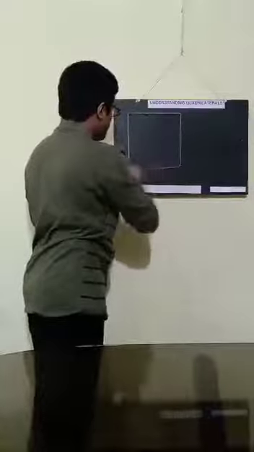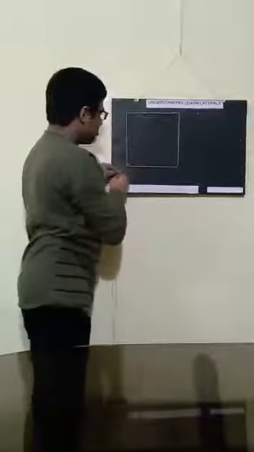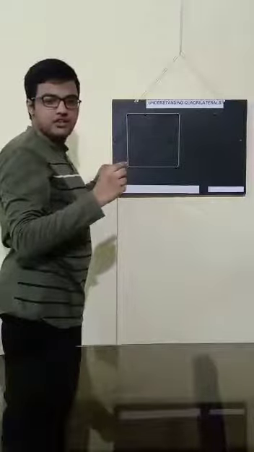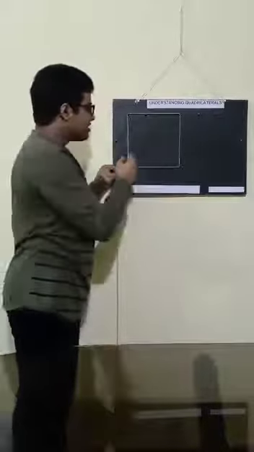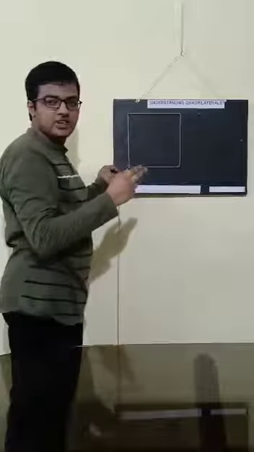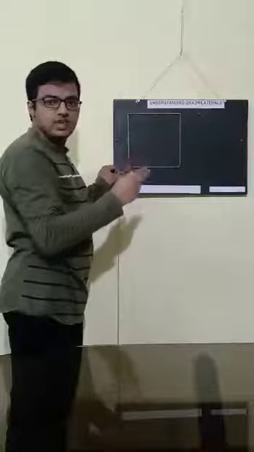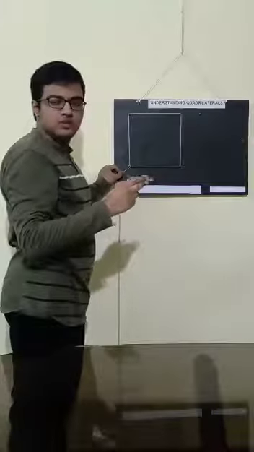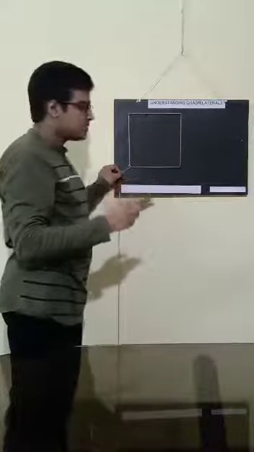Now let us move on to the next quadrilateral, and it is a square. A square is a regular polygon, a regular quadrilateral, that is, all the sides are of equal length and all the angles are equal to one another. A square is a rectangle with adjacent sides equal, that is, all the sides are of equal length. It has all the properties of a parallelogram, rhombus and a rectangle.